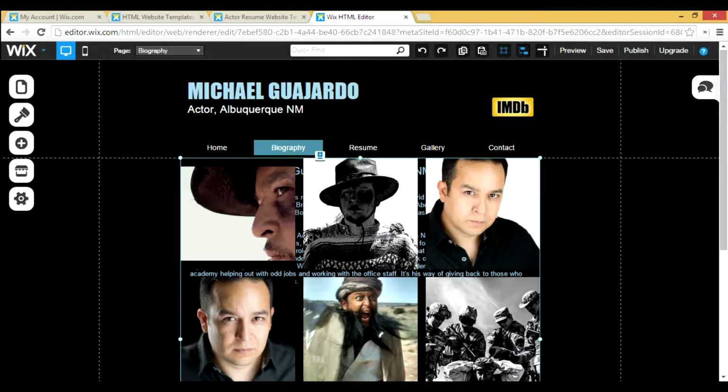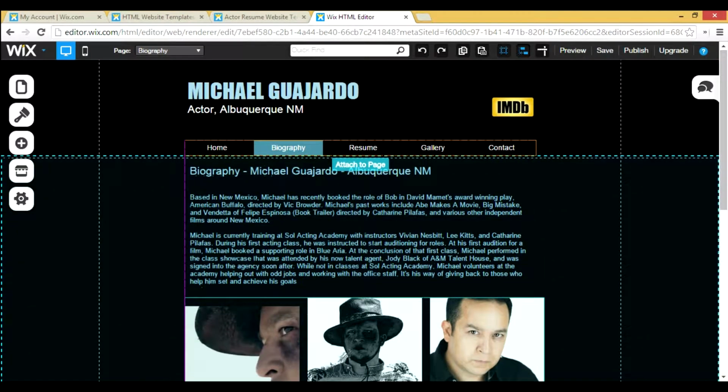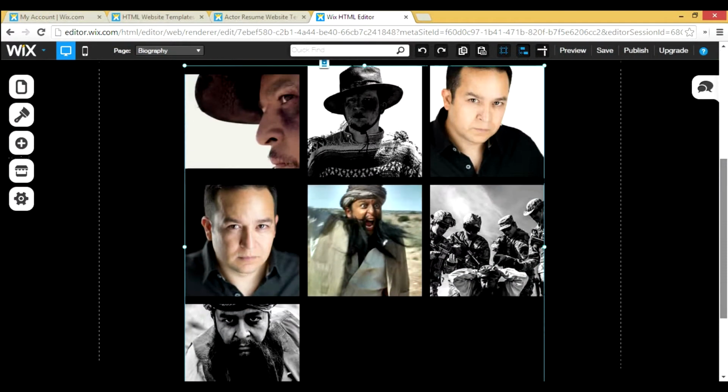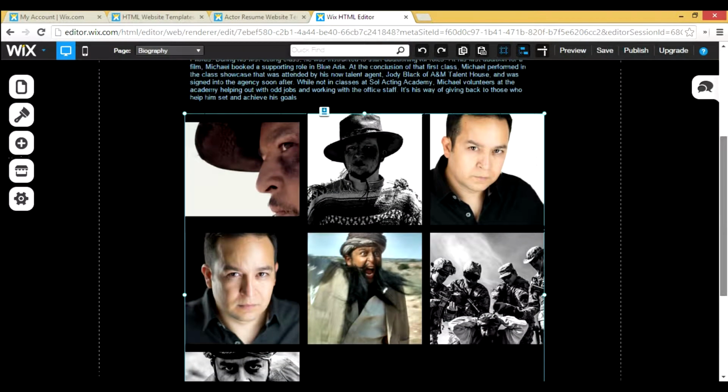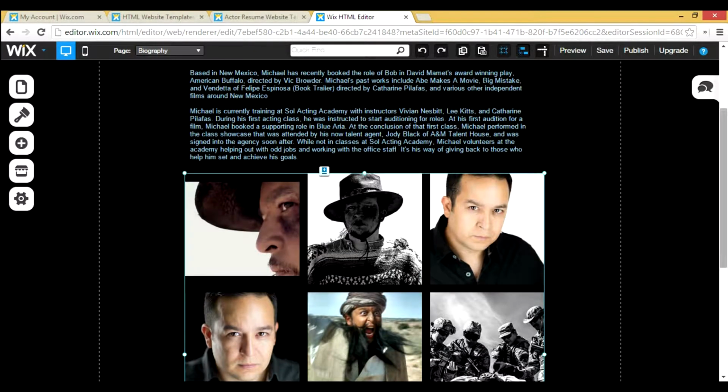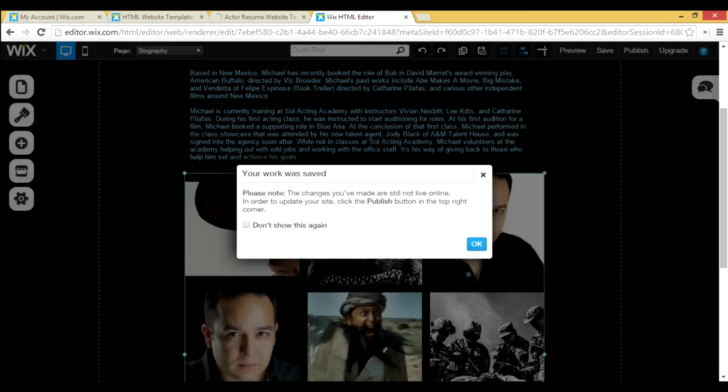But at this point, you can see it's sitting on top of that. We need to move it around so it's a little cleaner. I'm going to line that up like that. There's our little gallery. Maybe I would change it to 6 pictures just to keep it within a couple rows. I'm going to save that for right now. But if I go ahead and preview this,